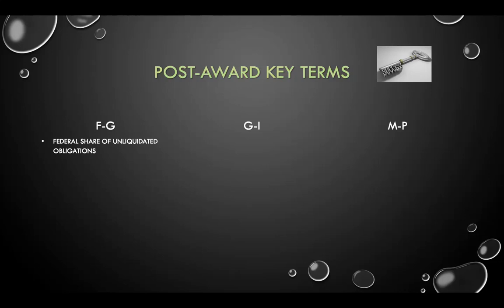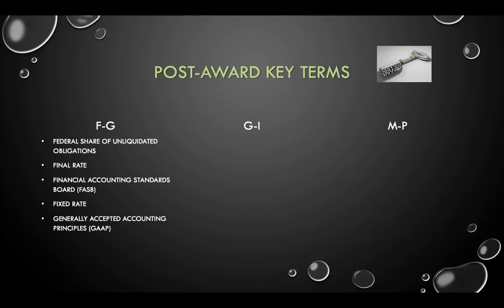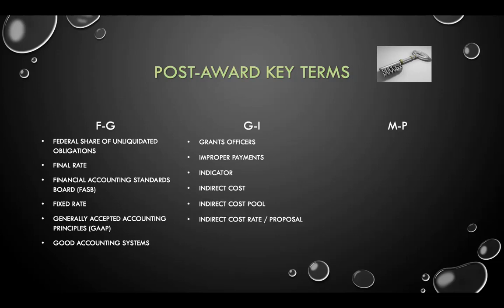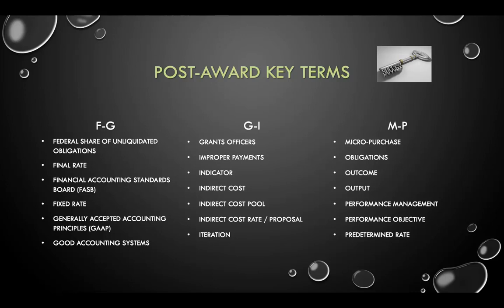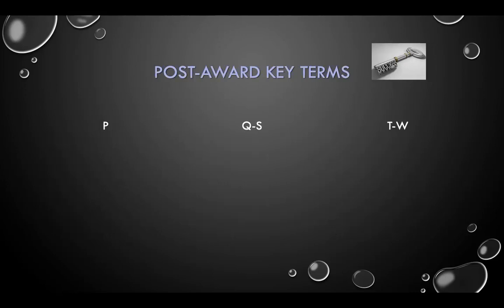federal share of unliquidated obligations, final rate, FASB, the Financial Accounting Standards Board, fixed rate, generally accepted accounting principles or GAAP, good accounting systems, grants officers, improper payments, indicator, indirect cost pool, indirect cost rate proposal, iteration, micro purchase, obligations, outcome, output, performance management, performance objective, predetermined rate, procurement by non-competitive means, procurement by sealed bids, program or program fidelity,